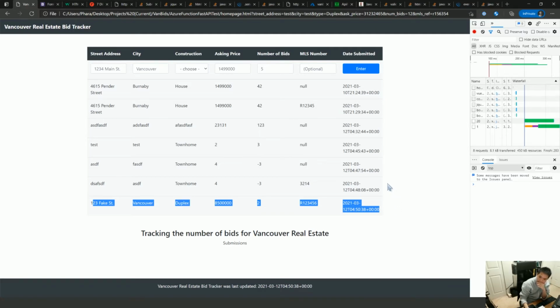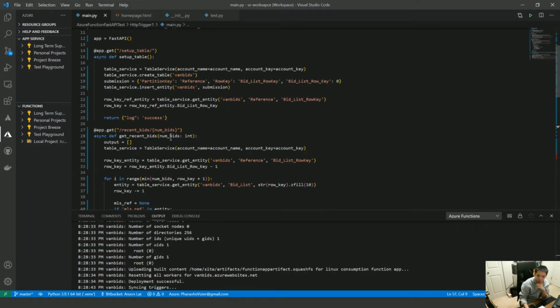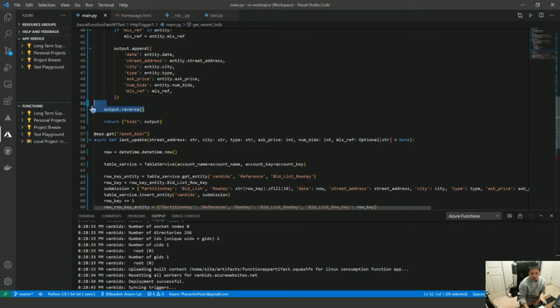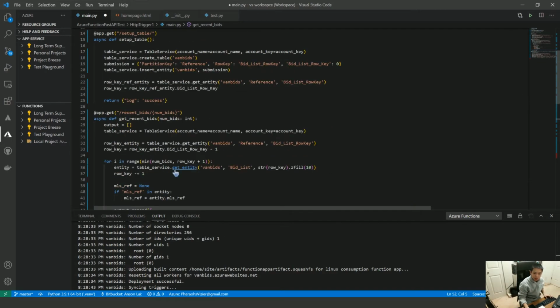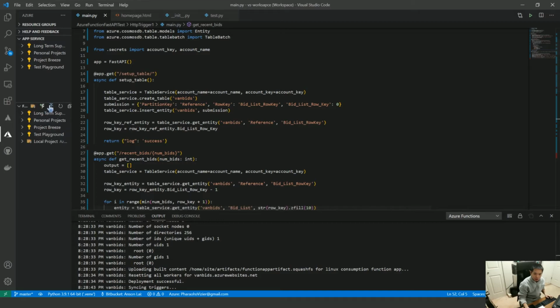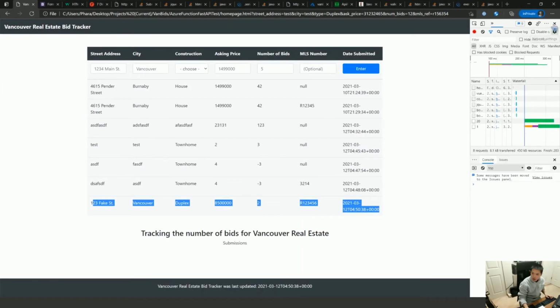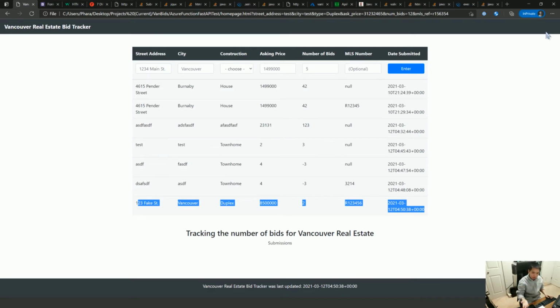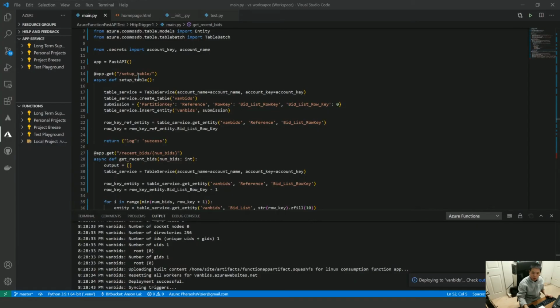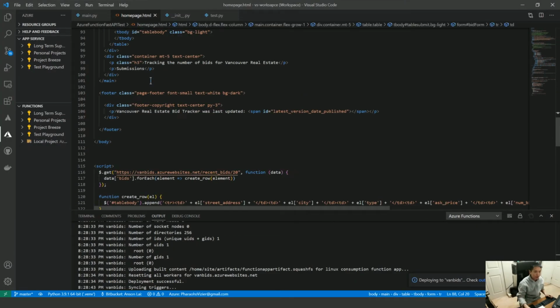Now, what I don't like too much is here. I think I'm not supposed to reverse this output anymore. This isn't Reddit. So I will just deploy this in the background. But you can see we use Bootstrap and jQuery, and we very closely tracked what we did with Wall Street Bets. So we were able to create this very simple website in a very short amount of time, just reusing what we've done in the past.